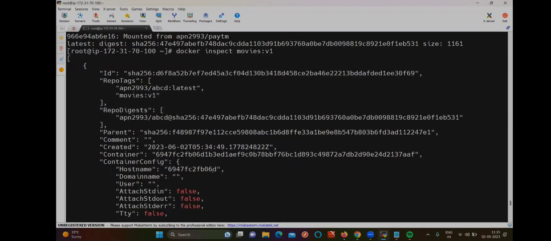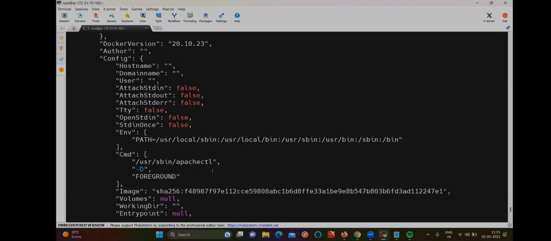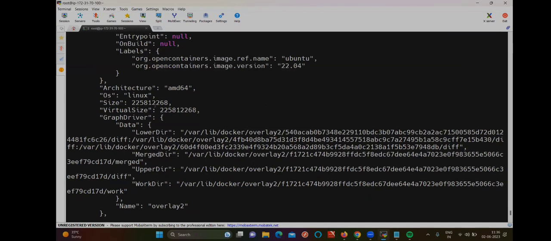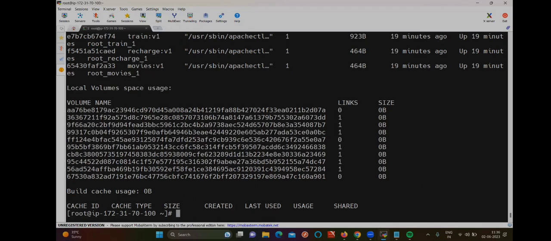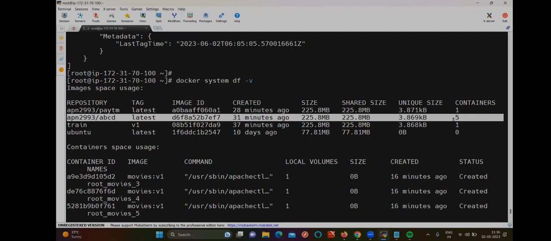Let me check the size here. Are you seeing the size here? But instead of this one, we can use the command docker system df -v. If you go to here, let me go to this particular image. This one, right? What is the size here? 225.8